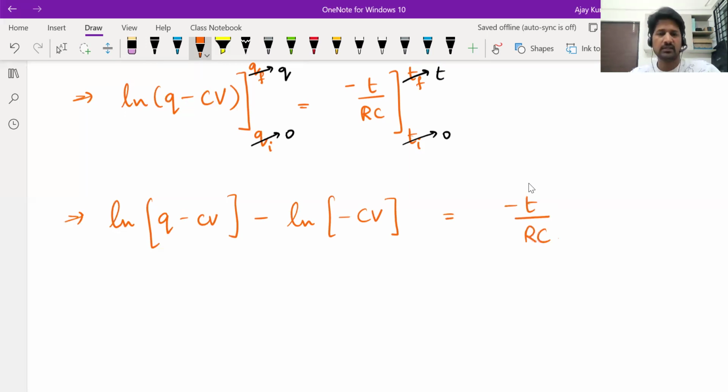Now one of you tell me, what is ln A minus ln B? ln A by B. So the left hand side becomes